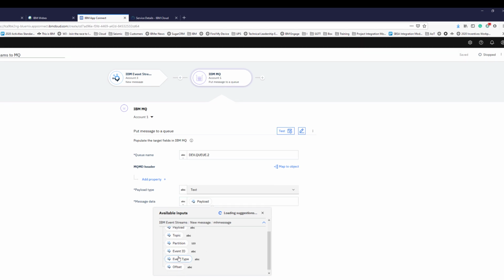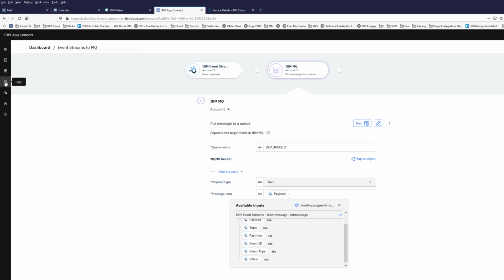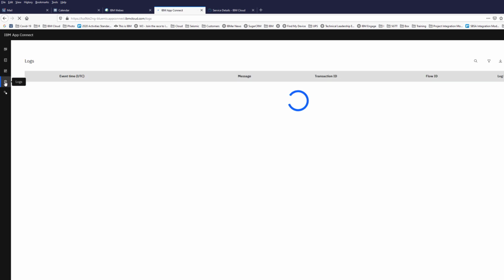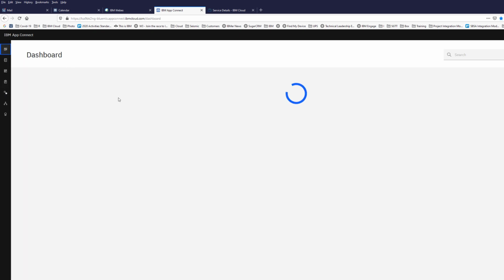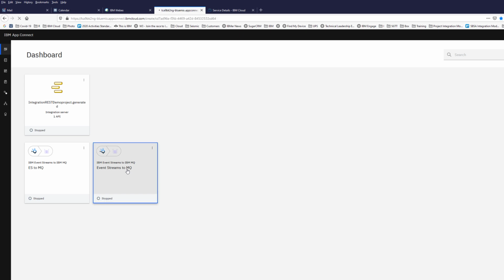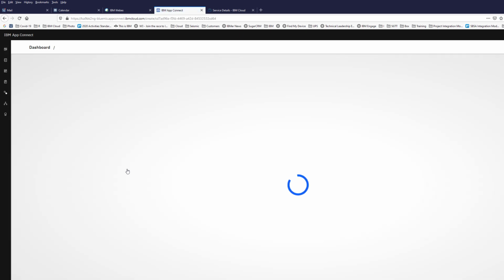Now if I look at this event ID and I go back to my logs here, you see there's a transaction ID and there's a slash here. Now from a little bit of playing around, I know that this data down here is actually what they call the event ID. If I go back into my application,